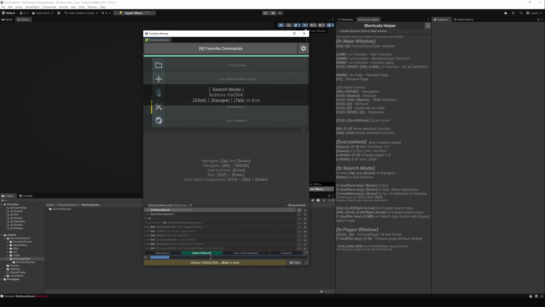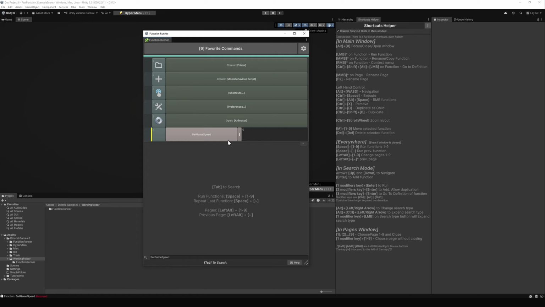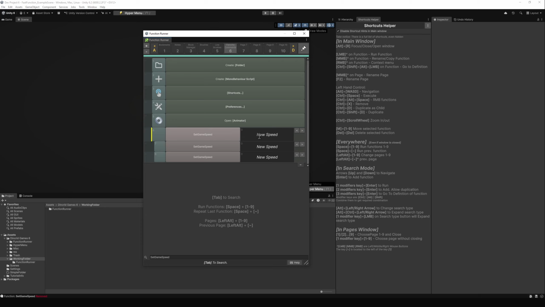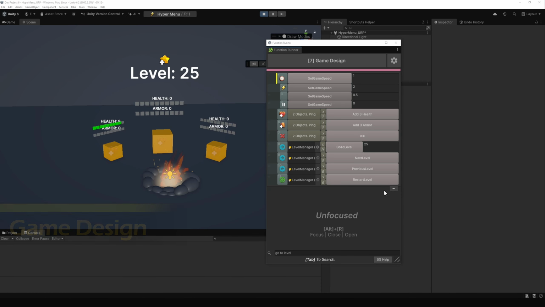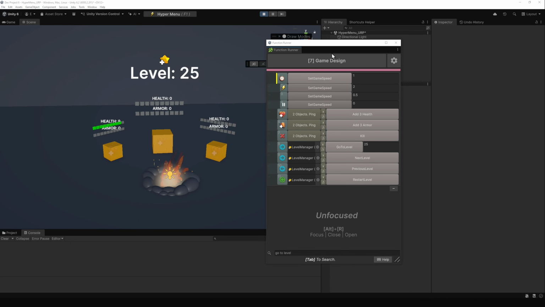Also, you can add the favorite function, like setting the game speed, and you can see the parameters ask for the new speed. For example, I can set 1 or 0.5 and 1. And now if you press these buttons, you will increase or decrease the speed of the game. Function runner helps with game design as well. Here as you can see I have added some simple methods for manipulating time, units,